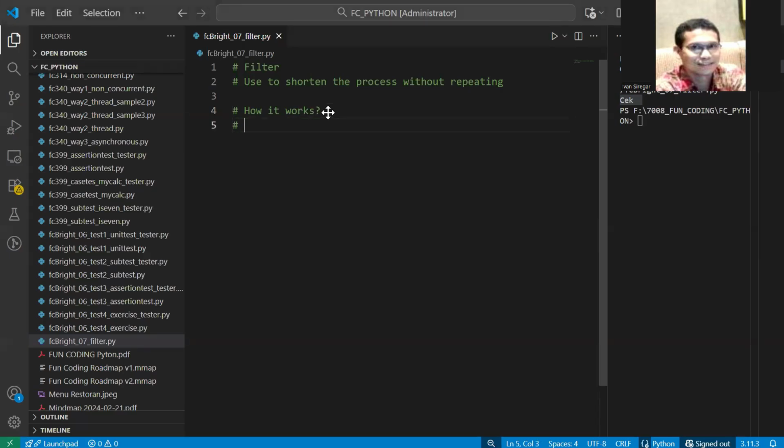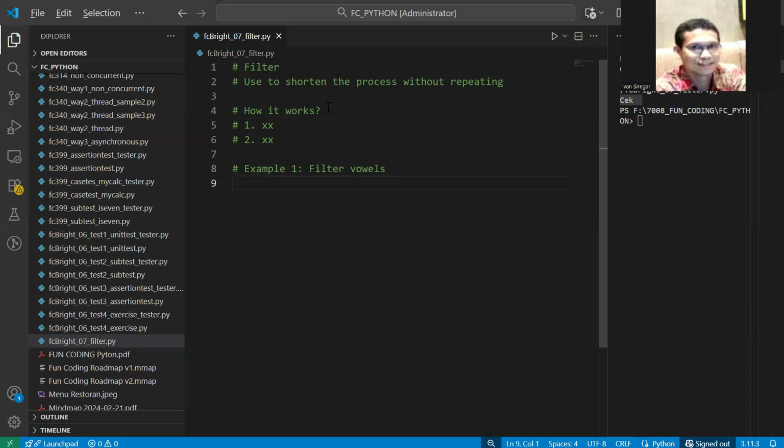So we'll be answering this after we do some of the examples here. I'll be starting with example one, filter vowels. This is to filter all of the vowels.